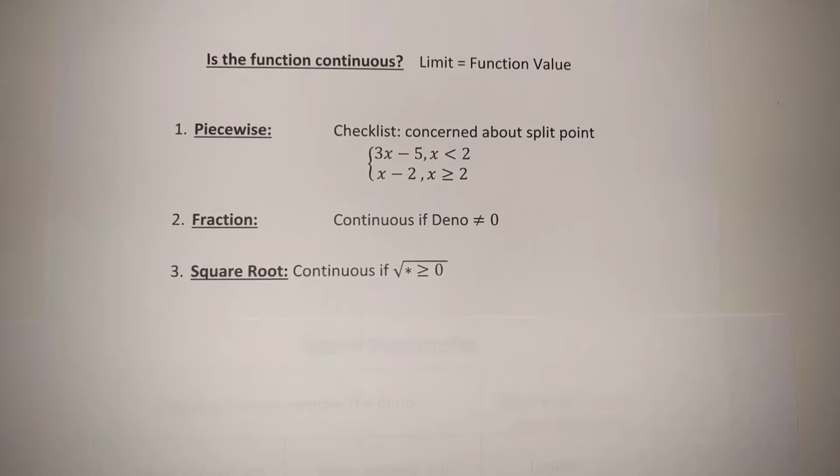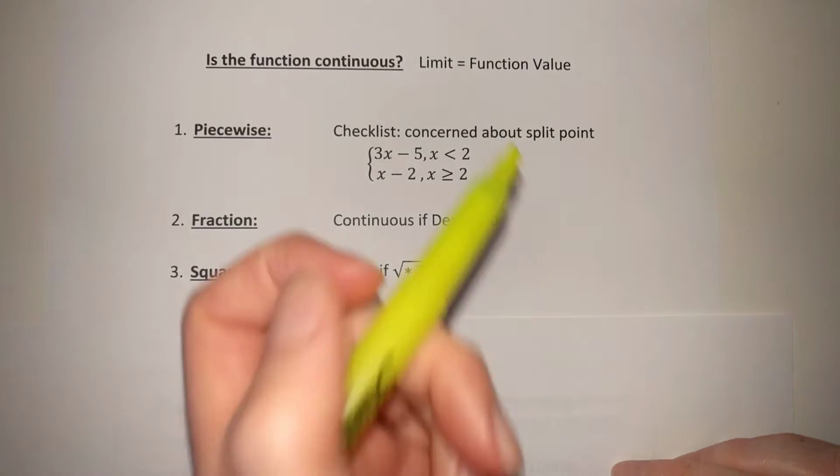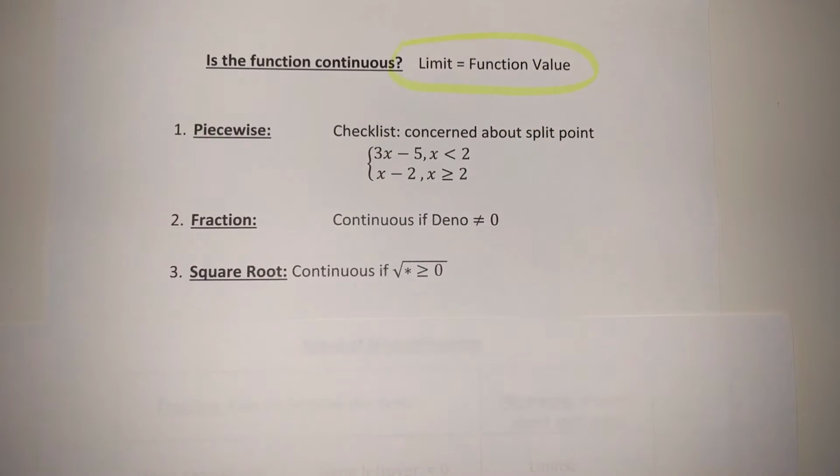All right, so the question of if the function is continuous is really a question about if the limit is equal to the function value at that particular point. So at the end of the day, polynomials are going to be continuous on their domain, trig functions are going to be continuous on their domain,